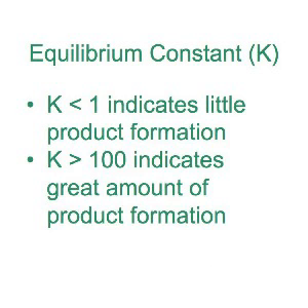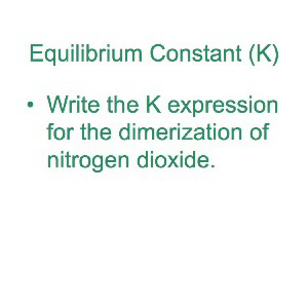And it should read K equals brackets N2O4, close your brackets, raised to the first power, divided by brackets NO2, close your brackets, raised to the second power. Now the reason that the N2O4 is raised to the first power is because it had an understood coefficient of 1. The reason the NO2 is raised to the second power is because it had a very blatant coefficient of 2. Now if I told you that the brackets represent moles per liter unless otherwise stated, then what